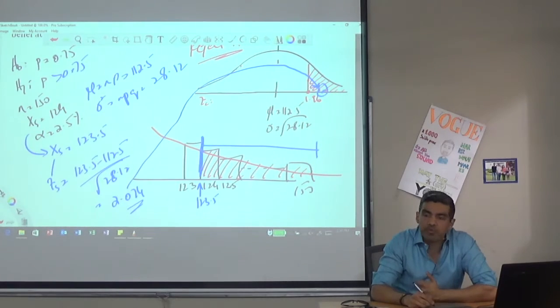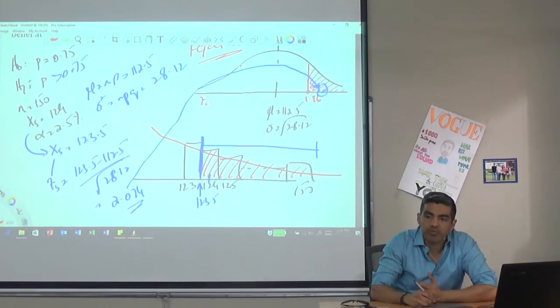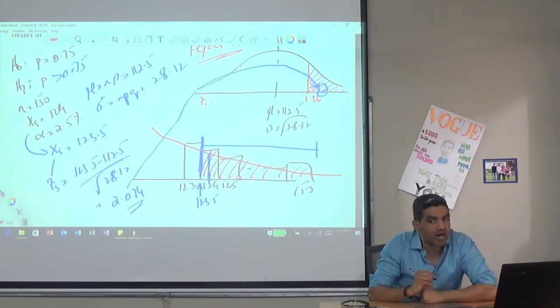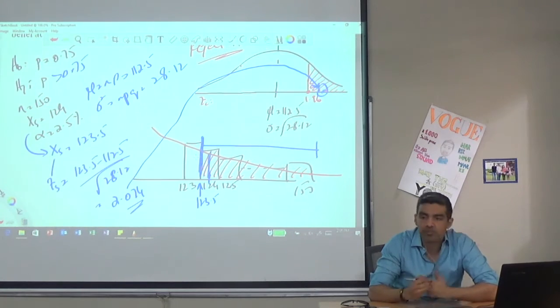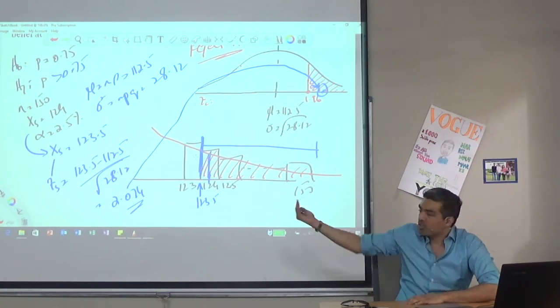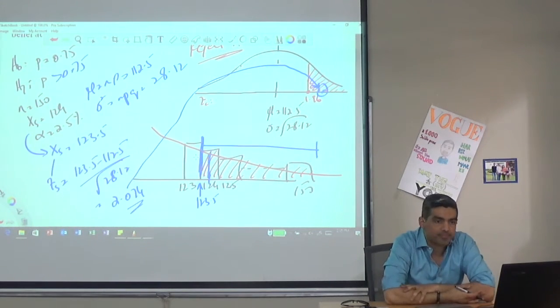You're using a normal distribution curve. If you tell the normal distribution to start from 124, it is going to start from half the bar. So how do you make the normal distribution start from the edge of the bar? Because you're going towards the right, you start a little before. So it's 123.5. Are you good?